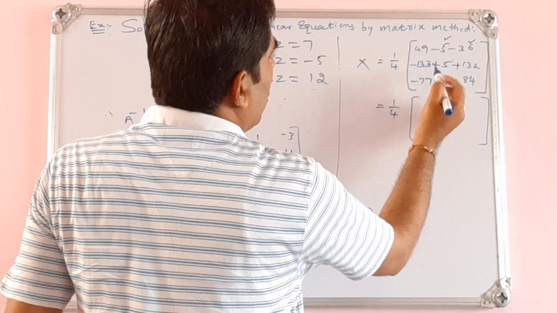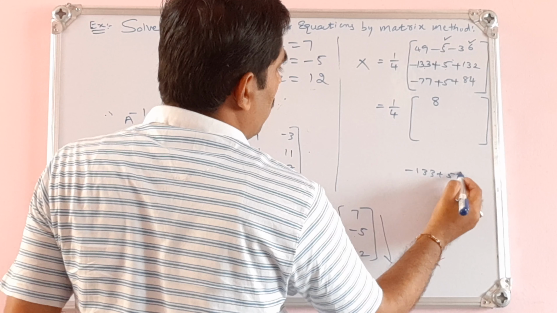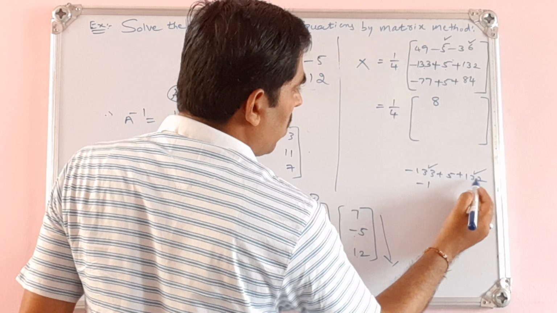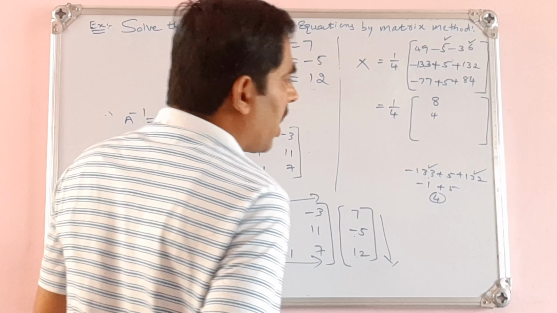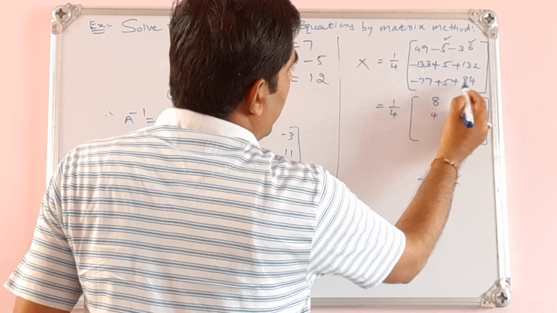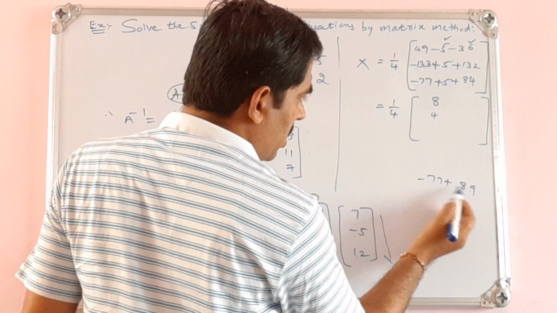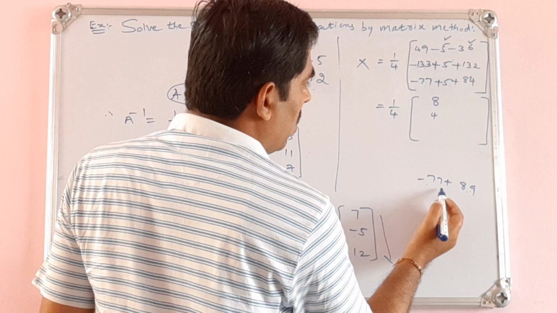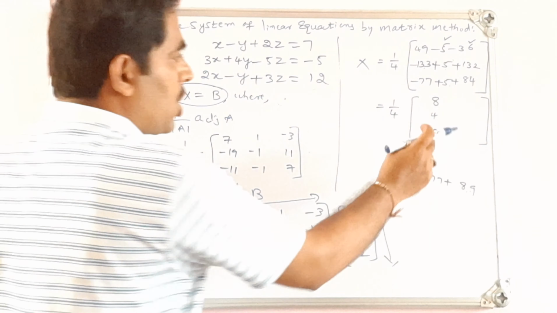Then you observe this, minus 133 plus 5 plus 132. Got this? See, minus 133 plus 132, it will be minus 1. Okay, minus 1 plus 5, as you see, 5 minus 1, that will be 4. So write 4 here. Then see, minus 77 plus 84 plus 5, that will be 89. Then bigger number is here 89, so positive. So 89 minus 77, you can subtract here. This is 12. Okay, this will be plus 12, positive.